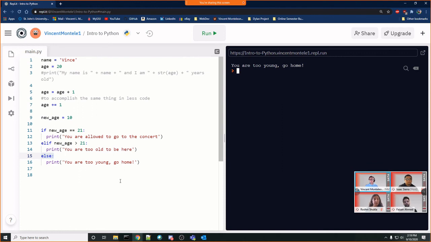If statements get more complicated than that, and obviously you can use it for strings, right, to compare if strings are equal to each other, or even if things are true and false. But just for the sake of what we're going to be doing today, we're just going to be focusing on very simple if statements so that we can make way to be able to do our game.